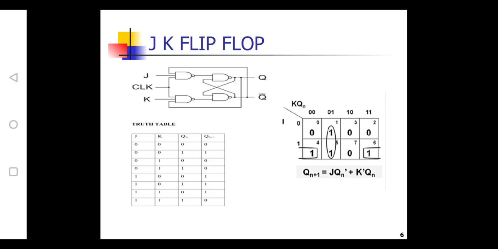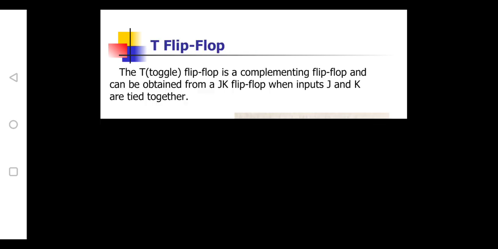In a master slave JK flip-flop, we represent two JK flip-flops. For the first JK flip-flop, we connect the clock directly. But for the second JK flip-flop, the same clock is connected through a NOT gate. So at a time, either the first circuit or the second circuit will be functioning. When clock is equivalent to 1, the master works. When clock is equivalent to 0, the slave works. In this way, we can avoid the race around condition of a JK flip-flop.